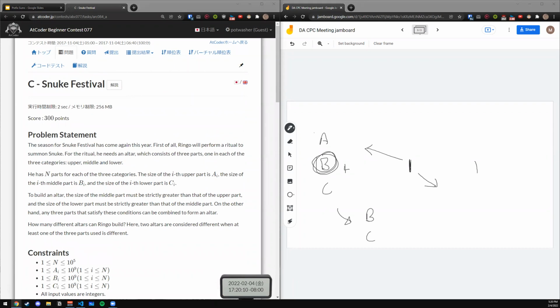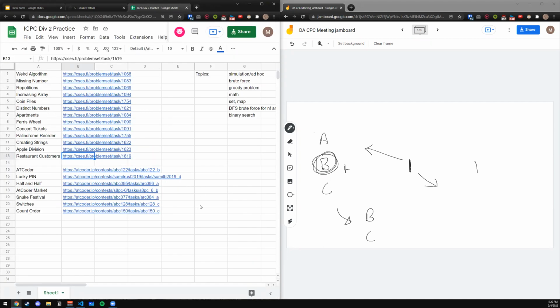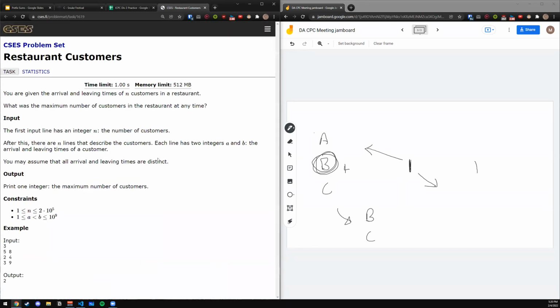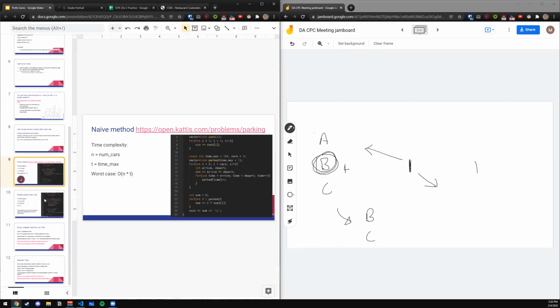And it's part of the Division 2 practice problems. Definitely check these out. And restaurant customers, this is another similar problem to parking, except it has larger constraints. So definitely check this. And this is a good way to test this